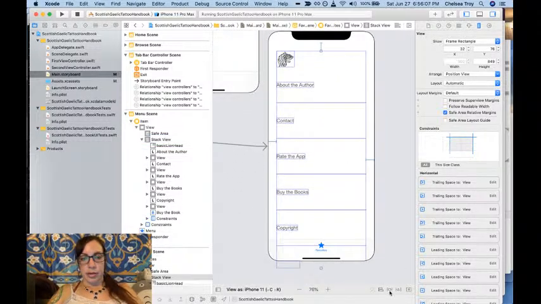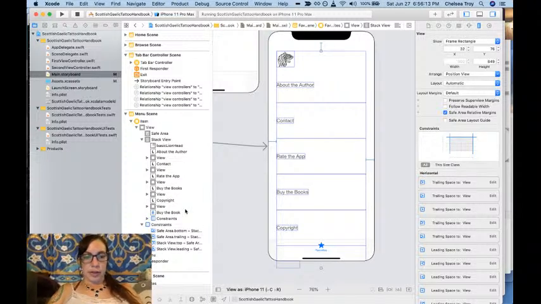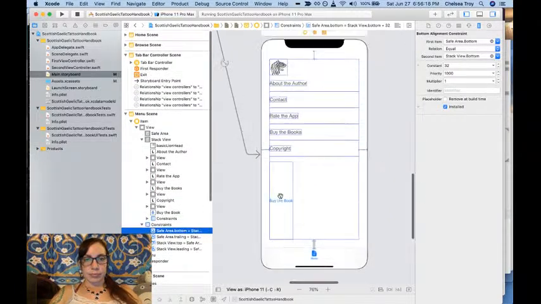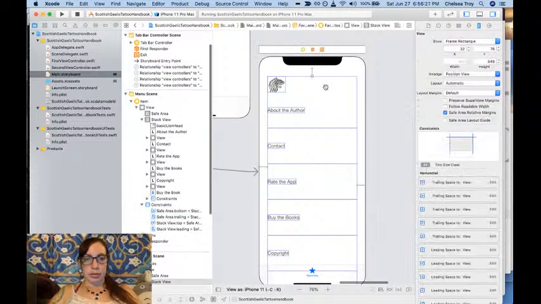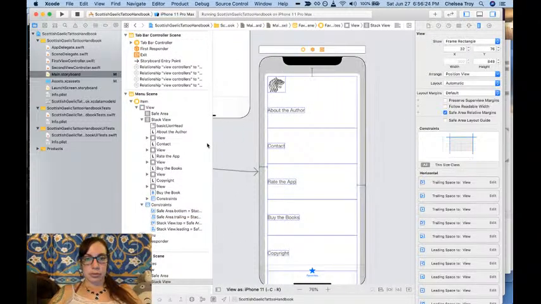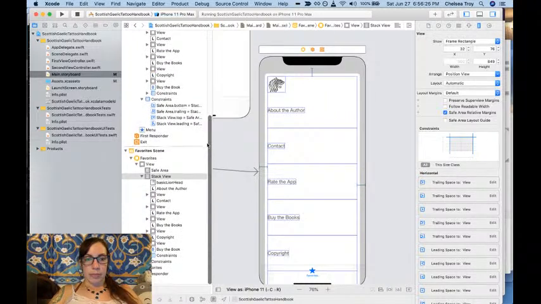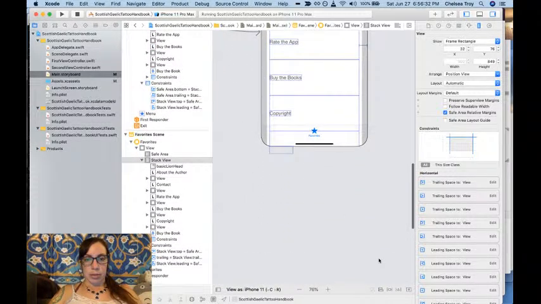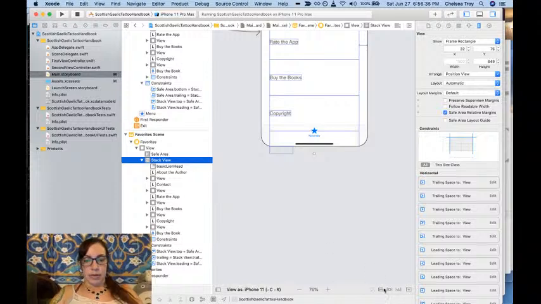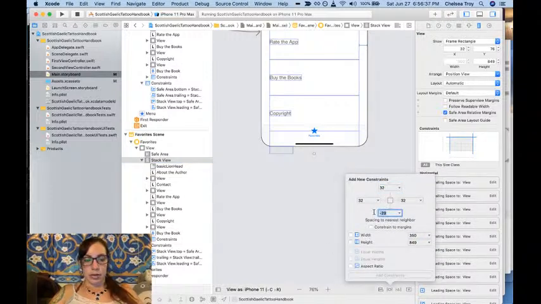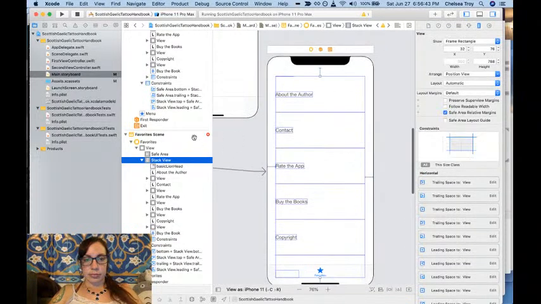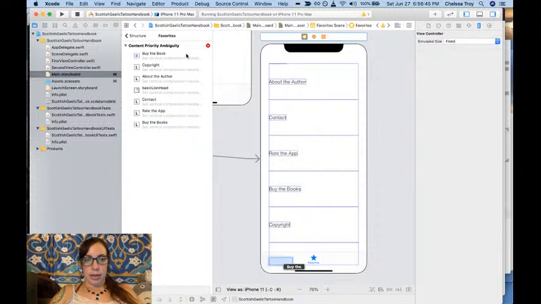And then here, let's take a look at what we have got. Bottom trailing, top leading. What's the bottom? Oh, I'm still on menu. I want to be here, in the favorites scene. Yeah, so I want a bottom one too. So let me grab that stack view and set my bottom constraint, and add that one in. It's mad because